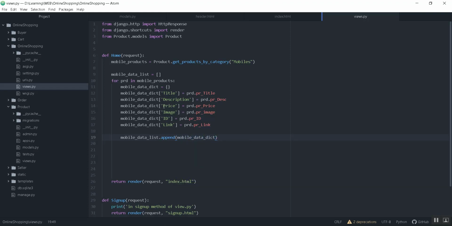Mobile data dictionary. Now what will happen is, as we get each mobile's information, for example Oppo, all this information of the Oppo mobile will be collected, put into this mobile data dictionary, and then this dictionary for the Oppo mobile will go to the mobile data list. Next, let's say there is a Samsung mobile. All the information of the Samsung mobile will be collected into this dictionary, and this dictionary again will be appended into the mobile data list. So basically we are collecting all the mobile information ultimately into this list, and slowly we will pass this information